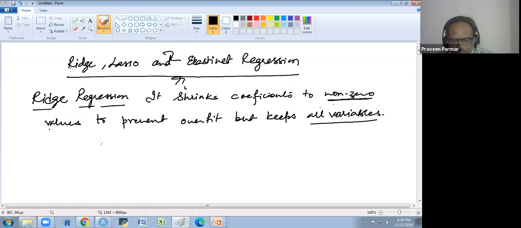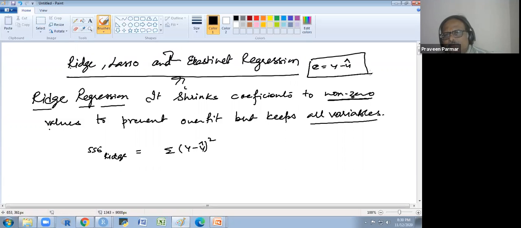And here what we do, I will show you. The sum of square of error in ridge is equal to sigma of (y minus y hat) squared. We know that this is the error, y minus y hat, which I explained earlier in the linear regression part.